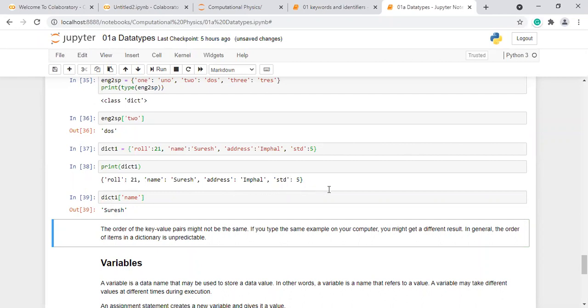If you type the same example on your computer, you might get a different result. In general, the order of items in a dictionary is unpredictable. So, for example, the role goes first, but when you print it, sometimes name may come first.